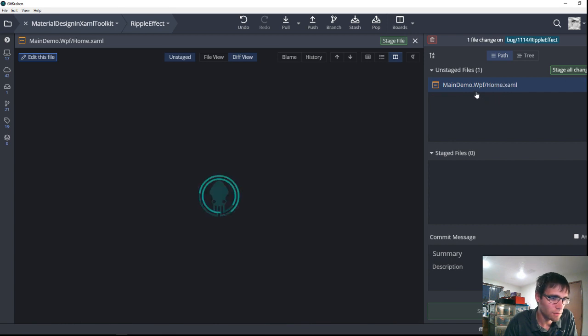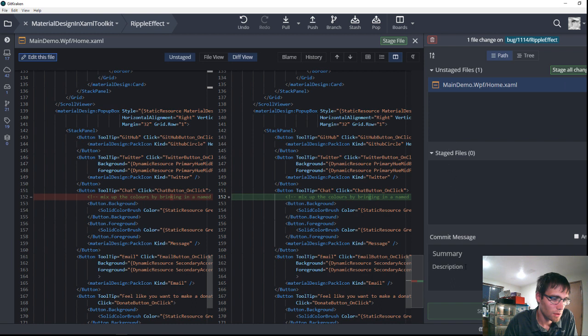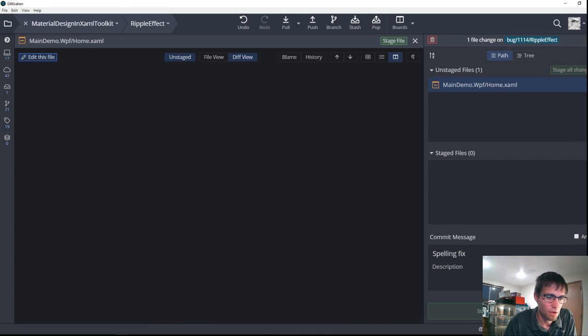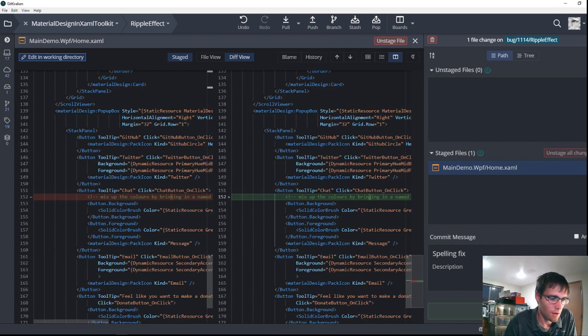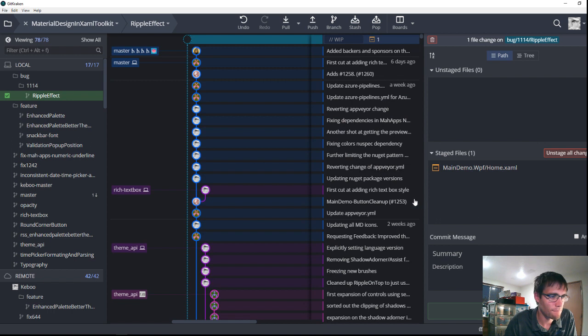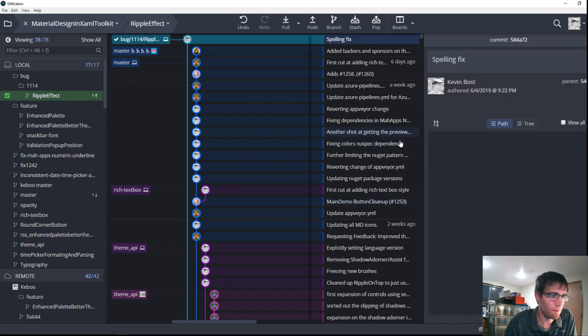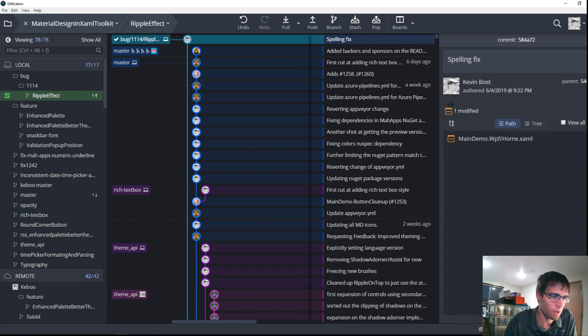Spelling fix. We'll keep that. Stage all. And then I think what we're going to do is just rebase this guy on top of master, and then away we go. So for those people unfamiliar with Git or GitHub and how to go through and resolve things,